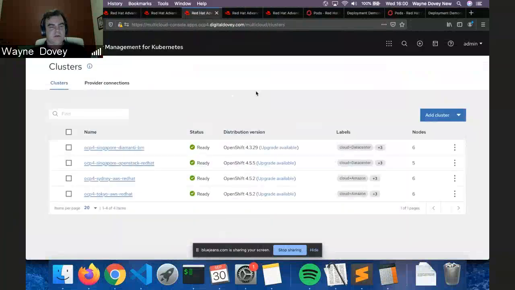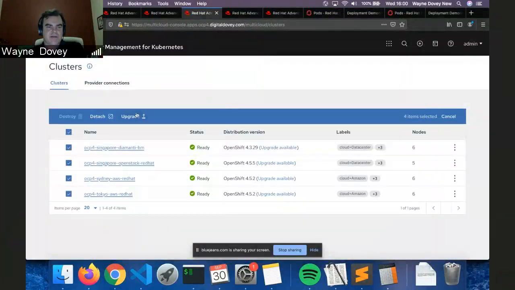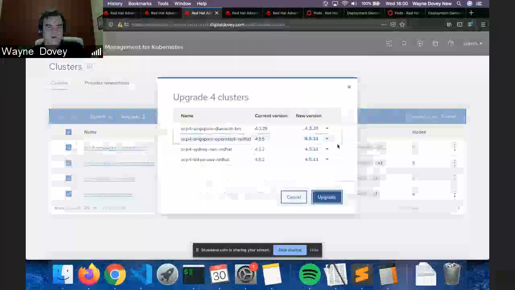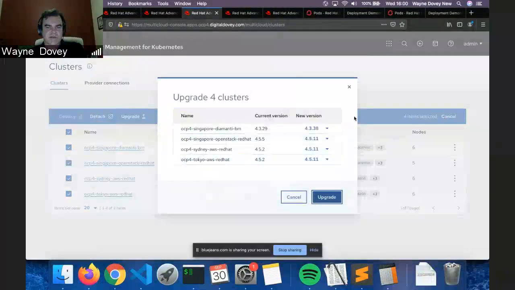Okay. So one of the crucial things about ACM that's really important is the actual management of cluster life cycles. So in this case, I'm able to do a batch upgrade operation to all the OpenShift clusters under management. And you can see it gives me a recommended version that I can essentially move to.